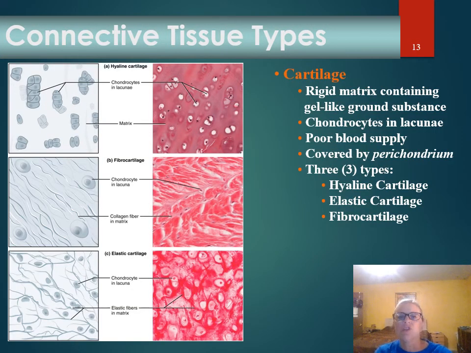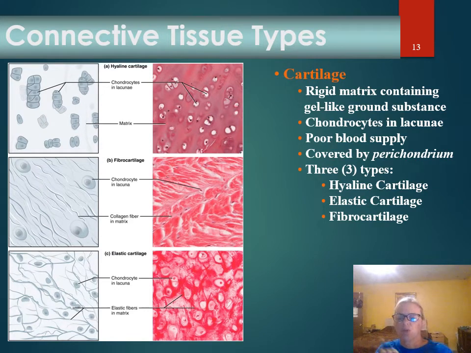Cartilage is a rigid connective tissue that provides support, it provides attachment, protection, and can actually form a structural model for developing bones in a fetus. The extracellular matrix is going to be made of collagenous fibers in a gel-like ground substance. We have chondrocytes, and these, especially in two of these types of cartilage,